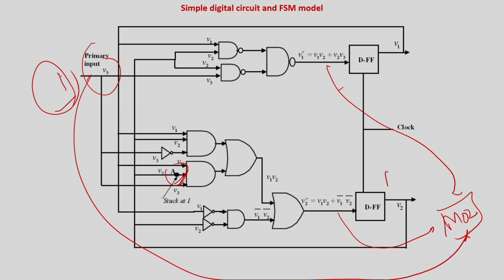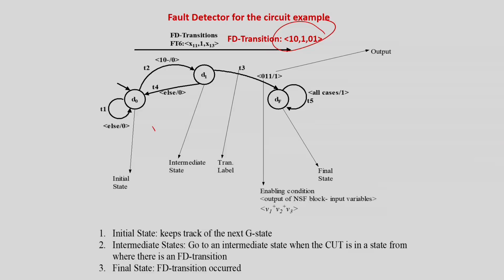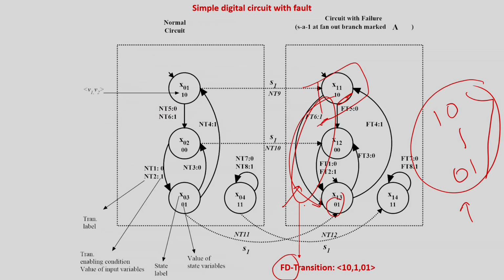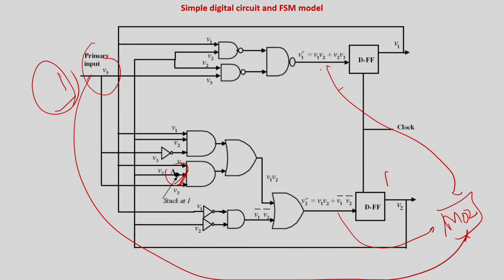So with this it can do testing. What is it going to study? It is going to study, if the input bit is 1 0, from where the fault can occur. So it is saying the initial state is keeping track of the next state. It is always keeping track whether the next state is going to be the value called 0 1. 1 0 is the state from where the error can be detected. So always 1 0 here means the next value will be 1 and 0.